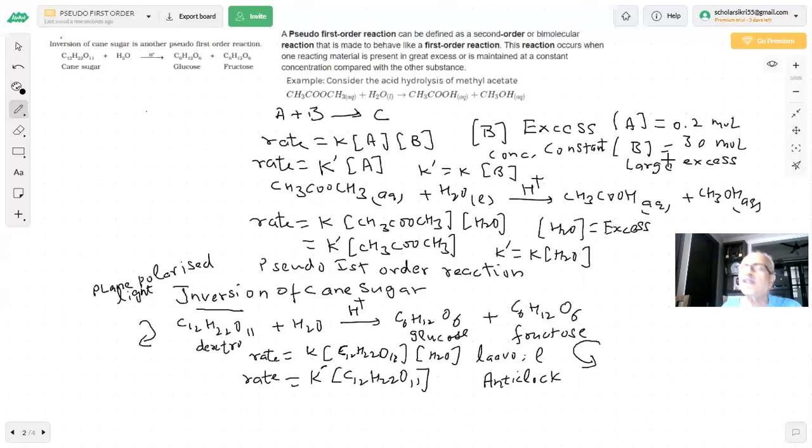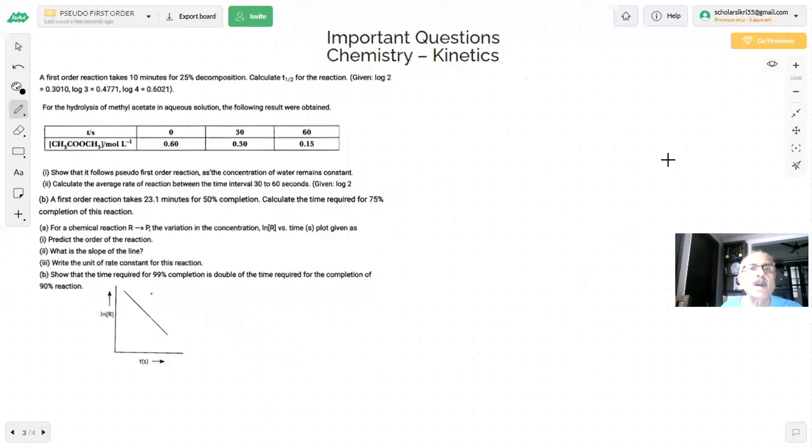These questions have been taken because they have been asked in exams many times. Two important things we talked about here: gas phase reactions, how to derive the formula for gas phase reactions, and what a pseudo first order reaction is. Now, the important questions which were given in the board papers are before us. CBSE has asked these questions. See how the question is given. You can see the first question.